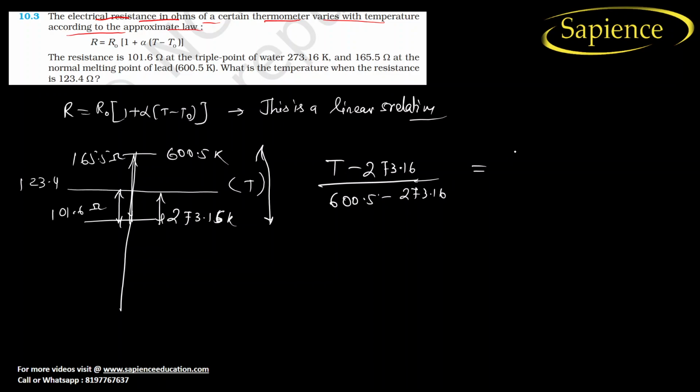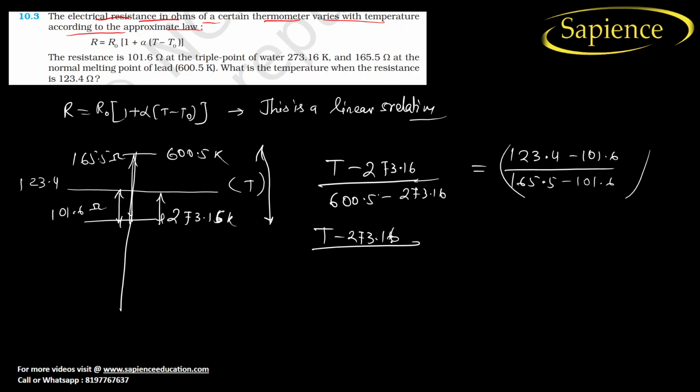So this will be equal to (123.4 minus 101.6) divided by (165.5 minus 101.6). So when we calculate this, what will we get? We will get t minus 273.16 divided by 327.34, which is equal to 21.8